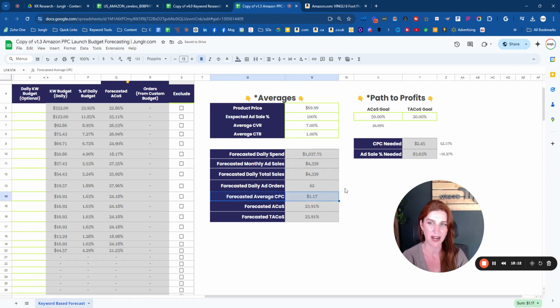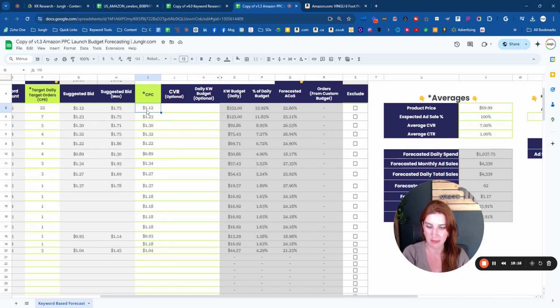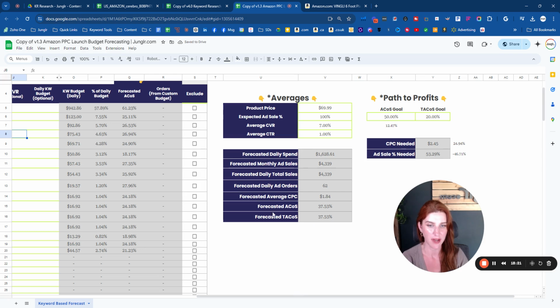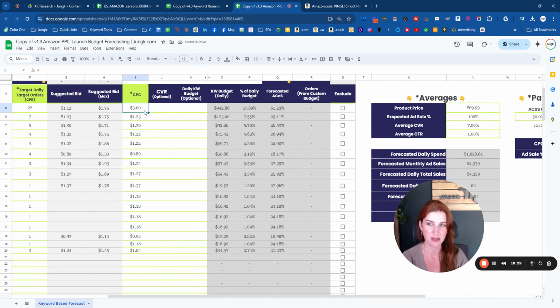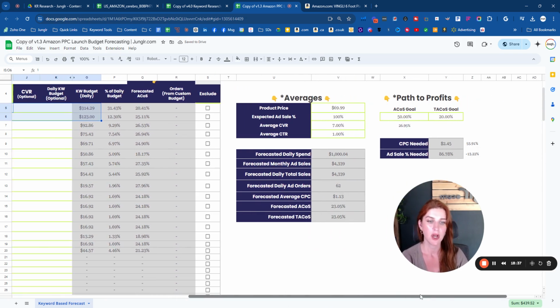It also gives you your average cost per click. So for example, if we were spending a lot of money and my average cost per click was like $3 here, you can see how that significantly drives up my average. But if I take that out, again, all these things recalculate based on that. You can also see if I have to pay way more in CPC, look how crazy my daily budget gets. If I say, well, if I can spend only $1 on it, it gets a little bit better. So again,